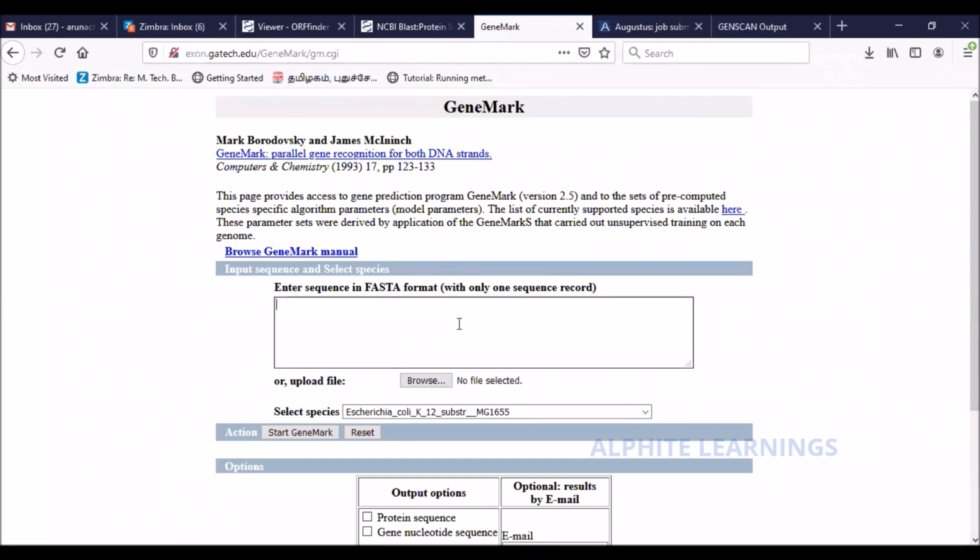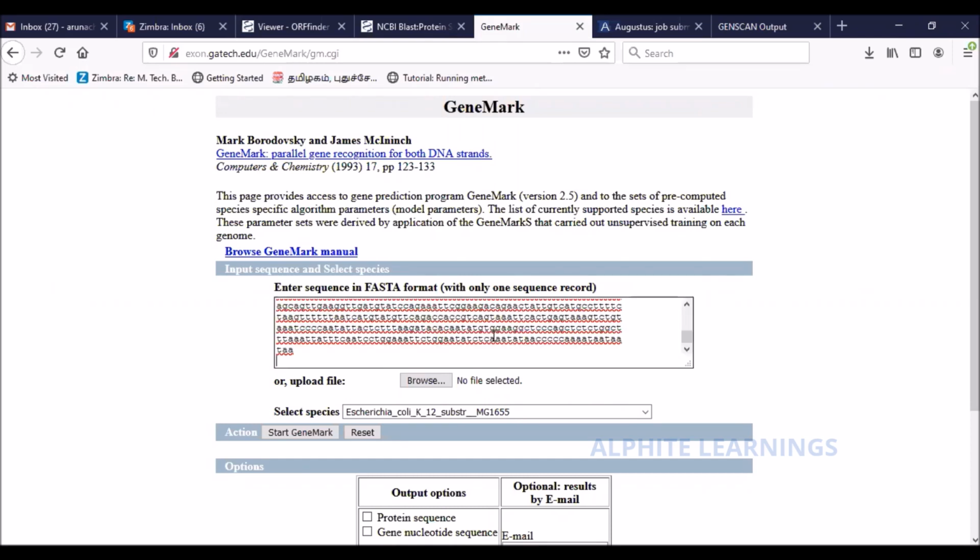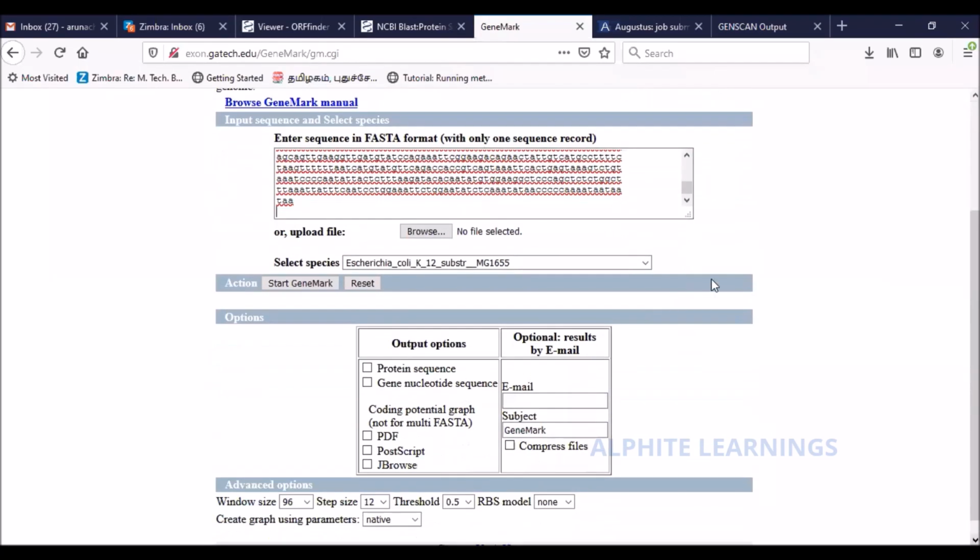Now, the third program, GeneMark. I'll use the same sequence. Select the species. We already know it.